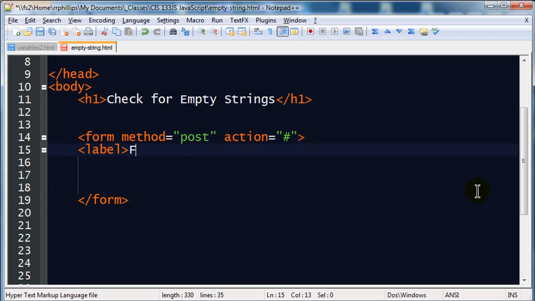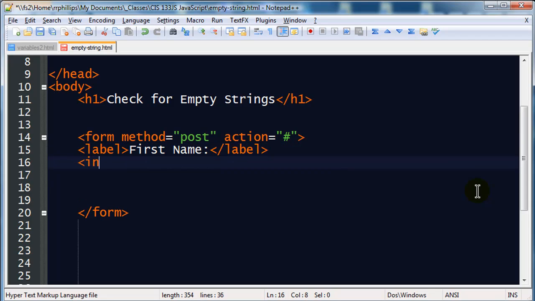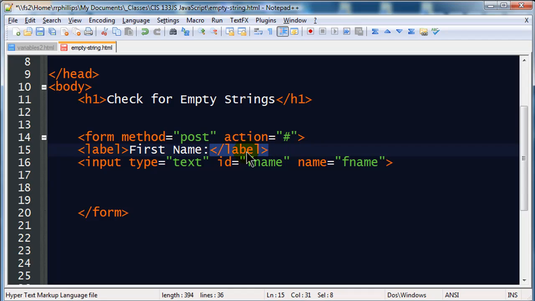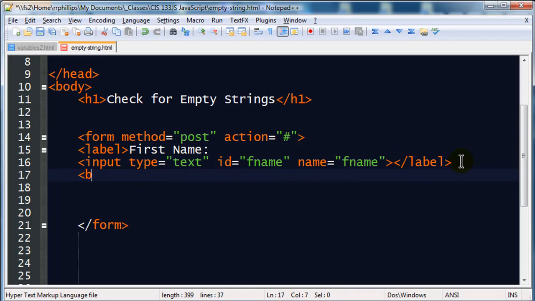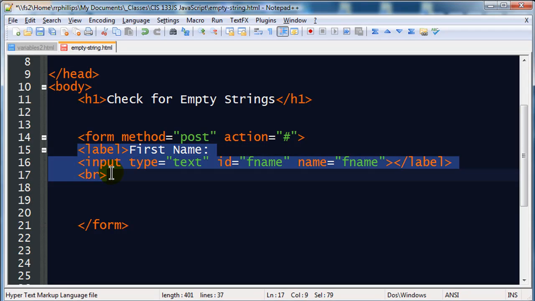I'll do a label, first name, input type equals text box, ID equals fname, name equals fname. There we go. And I'm going to take my label and move it down after that input box. Do a break tag, take the whole thing,